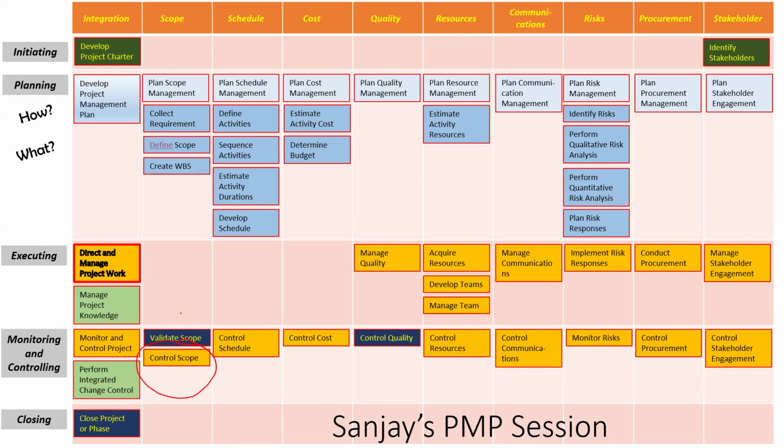Validate scope is the dark blue color. What does it mean? Did you notice there is a color code in this slide? What is the significance of this dark blue background? A person with authority, like the customer. I call it the 48th process. This is my way of saying, not necessarily 48th. This is 49.